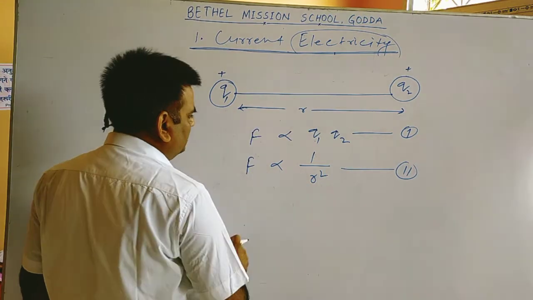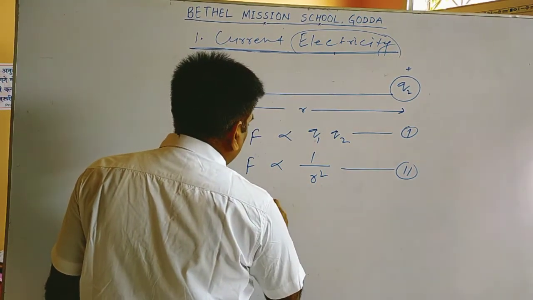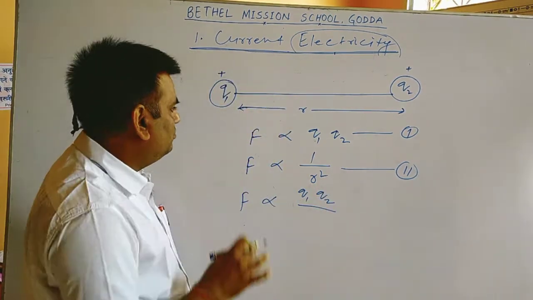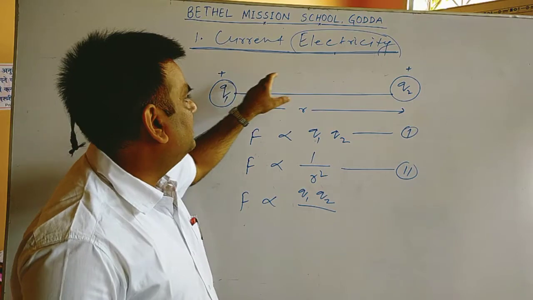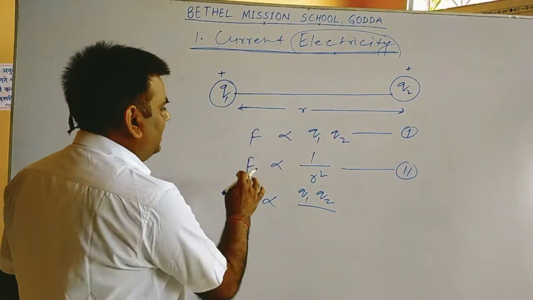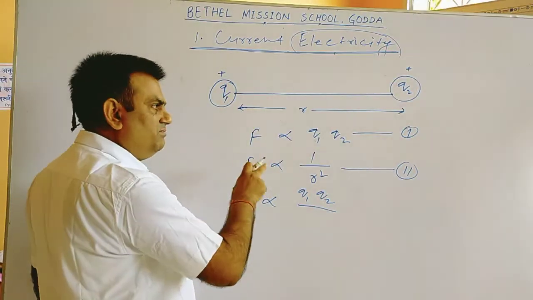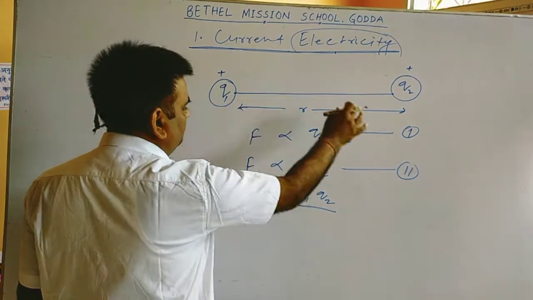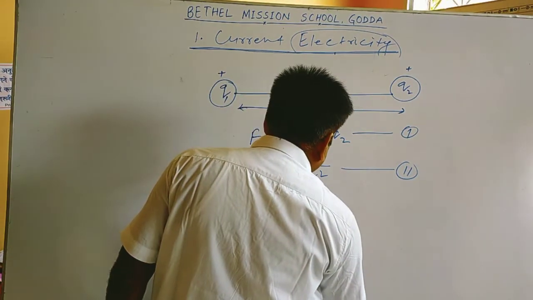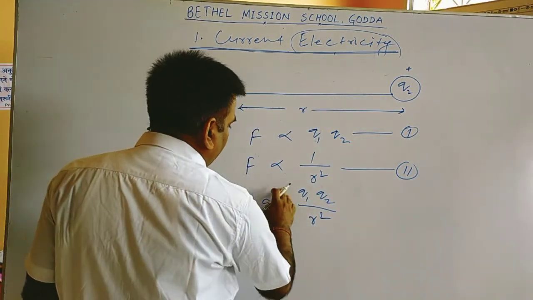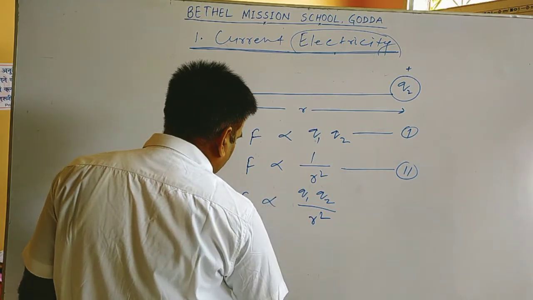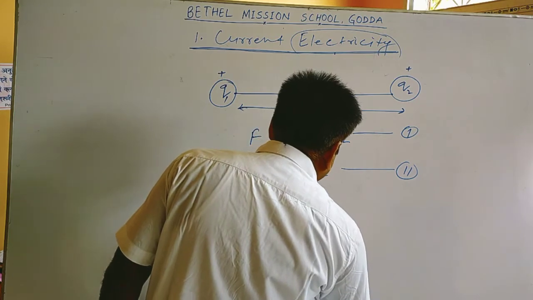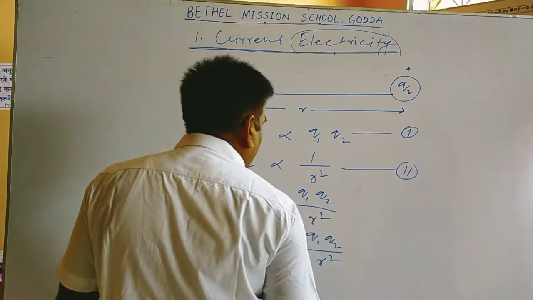And when we combine these equations, F is directly proportional to Q1 Q2, where F is the force which is exerted by these two point charges. And this F is also the same force which depends on the distance between these two point charges. It becomes Q1 Q2 by R square. And when we remove this proportionality sign, F equals K Q1 Q2 by R square, where K